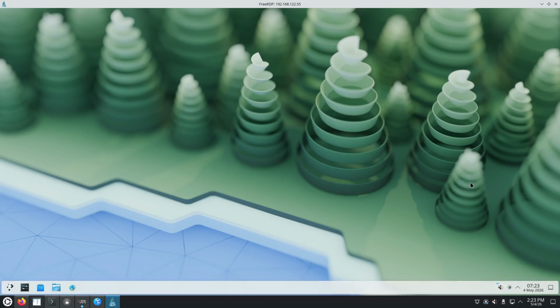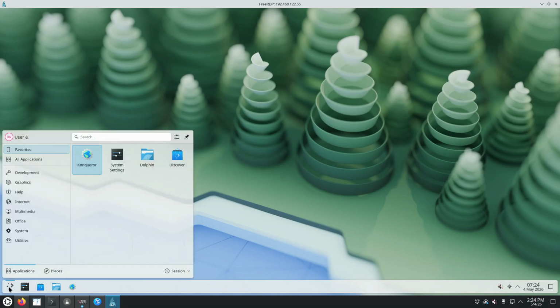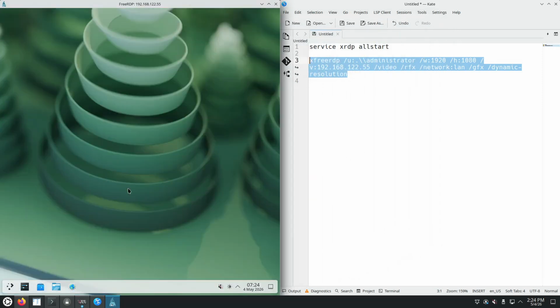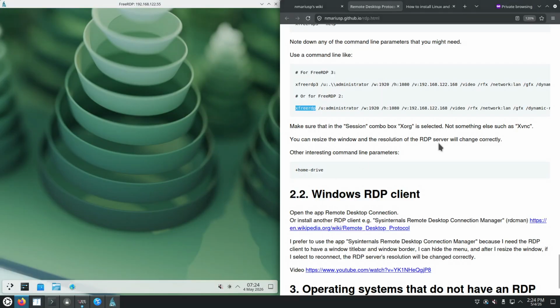And KDE Plasma X11 sessions should start for the very first time for the current user, for the user administrator. And everything seems to work correctly. We could log in to the KDE Plasma X11 session with the correct user. The KDE Plasma session looks okay, behaves okay, is pretty fast, and the important features which are documented at the